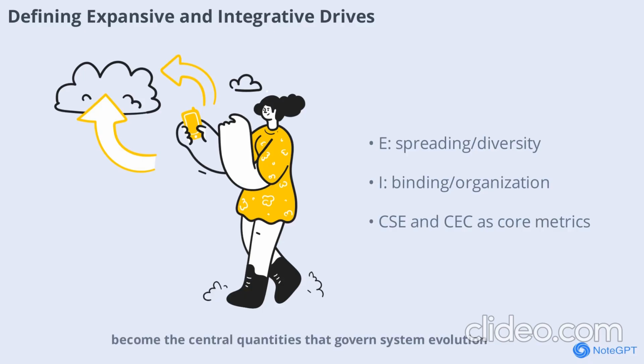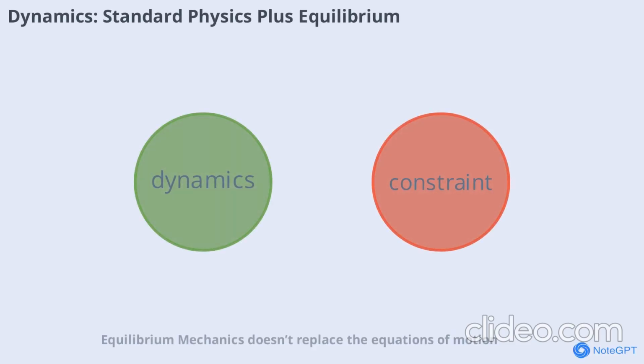govern system evolution. Equilibrium mechanics doesn't replace the equations of motion from classical or quantum physics, it adds a new layer. The standard Liouville, Fokker-Planck, von Neumann, and Lindblad equations still govern time evolution, but now the CEC acts as a constraint or diagnostic. This means that any valid evolution must statistically respect the equilibrium law, providing a unifying principle